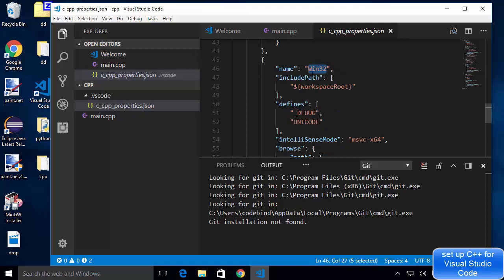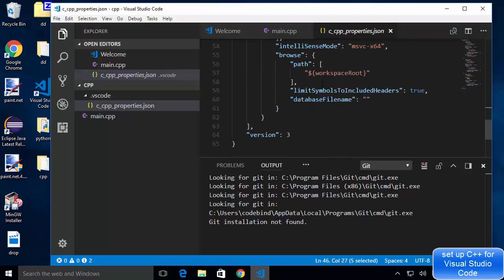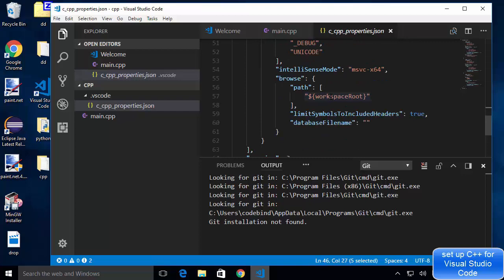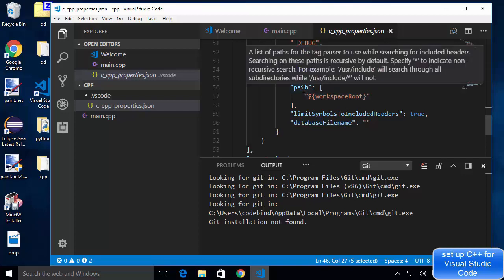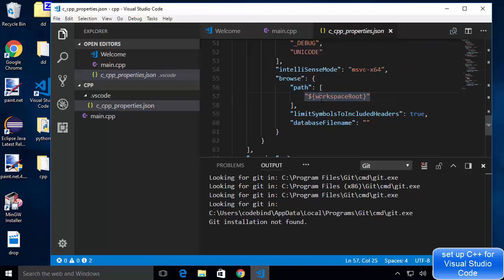So this is the option for Windows, and you can see the include path right now is the workspace root. So here what we need to add is the include path for iostream, or all the C++ include paths, right? So how can we do it?